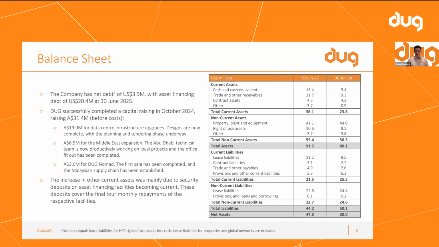We're now in the planning and tendering phase. We've ordered a lot of the long lead time items. Some things like electrical transformers and different items, with the boom in the data center industry, we're looking at 40 to 60-week lead time. So we've had all those items ordered now so that we're able to move quickly and let this project unfurl as we move forward in the year.